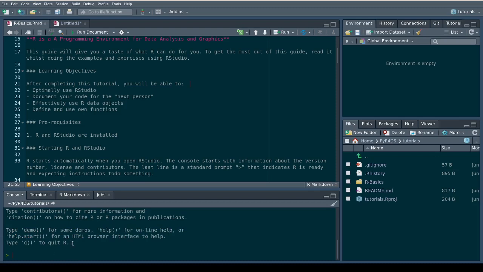I'll show you this one in a moment, but for now, this is the sign I was talking about. This sign here indicates that R is ready and expecting instructions to execute. So that is the console.